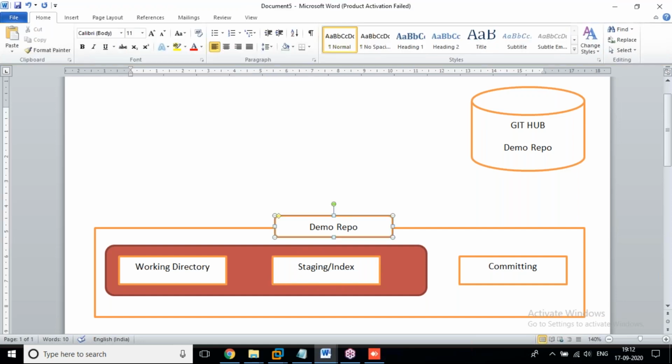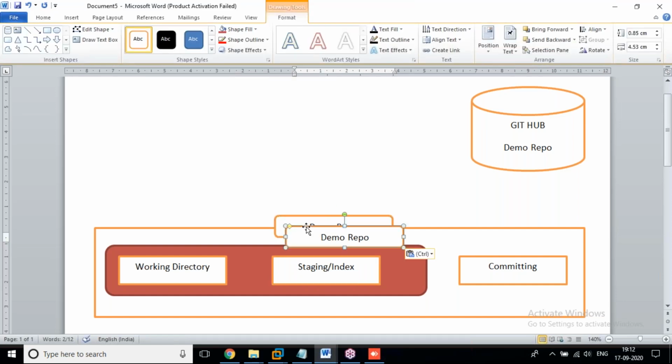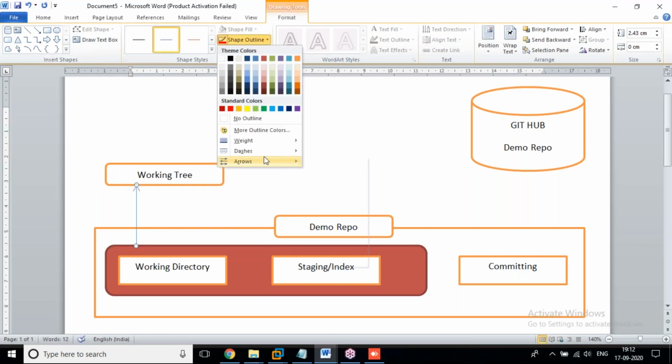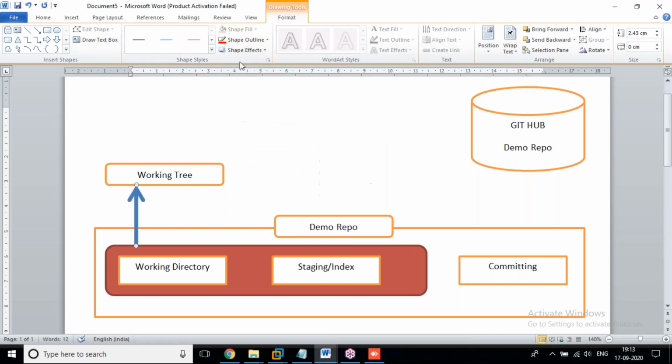Once again, it's called a working tree. Git status is a command. Whenever you apply the git status command, it gets the information from the working tree.